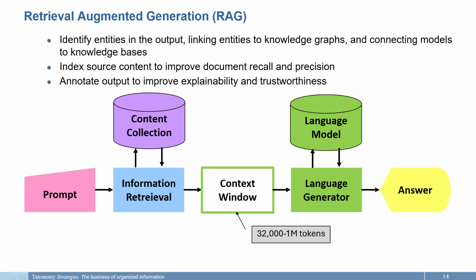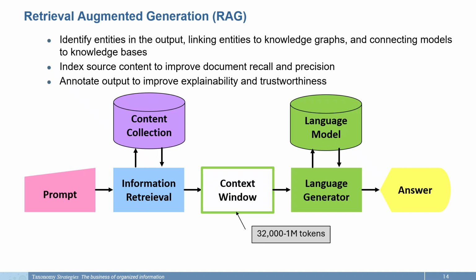In this context, vocabularies can also be used to guide language generation results by identifying entities in the output, linking entities to knowledge graphs, and connecting models to knowledge bases. They can index source content to improve document recall and precision,